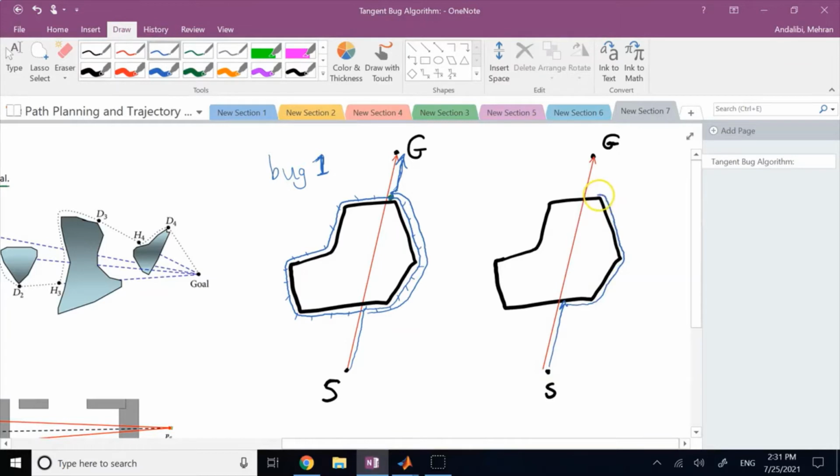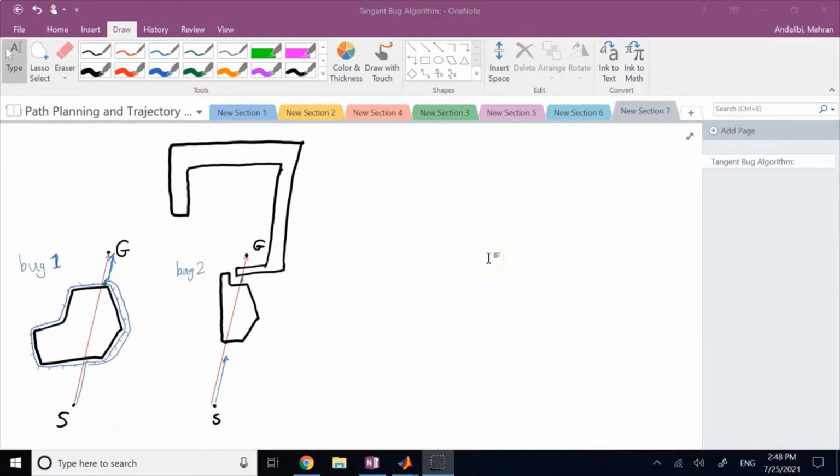But when you're navigating around the obstacle, whenever you meet the initial line that was going from start to goal, whenever you reach that line, you stop. You don't keep going around the obstacle again. You stop there, and now you keep going to the goal. So absolutely, this Bug 2 is way more intelligent, and it is way faster. Now, there are some scenarios where Bug 1 can be better than Bug 2,